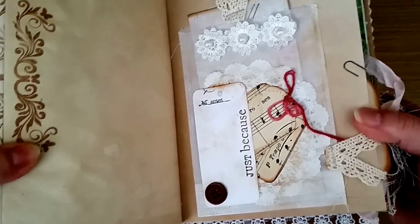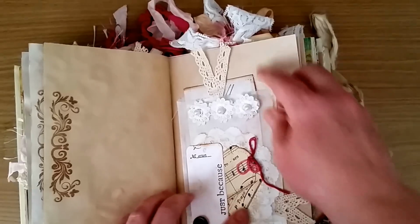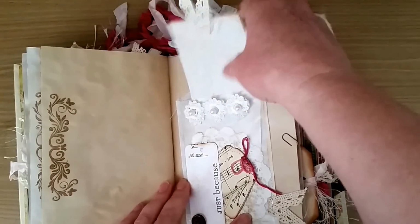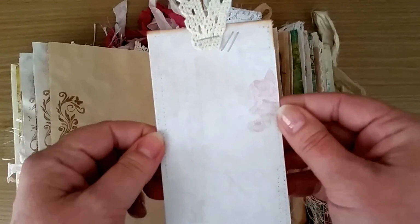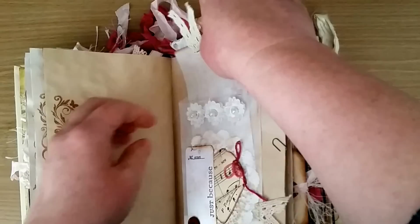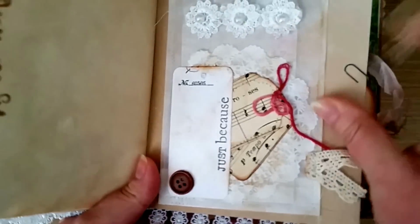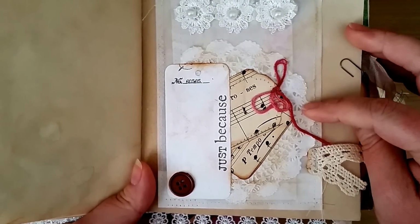And this one here, the glassine bag tuck spot. This is an Angie Bunner one, so the tag is just from scrapbook paper, cardstock, and I've just got a bit of washi tape on there and some trim stapled on. And then we have some doilies from A Tattered Dream,